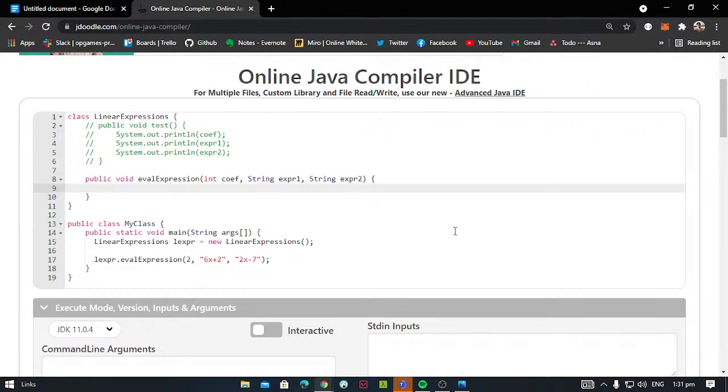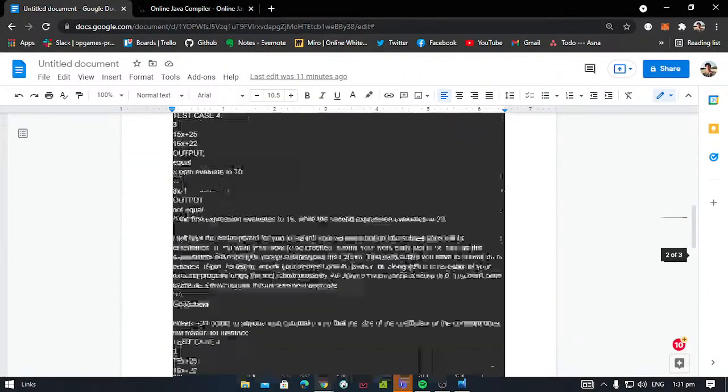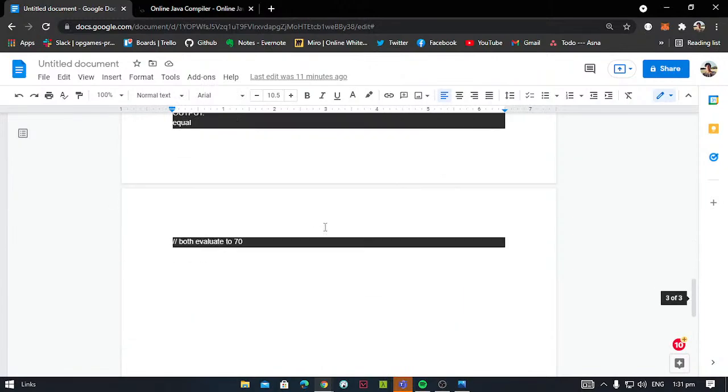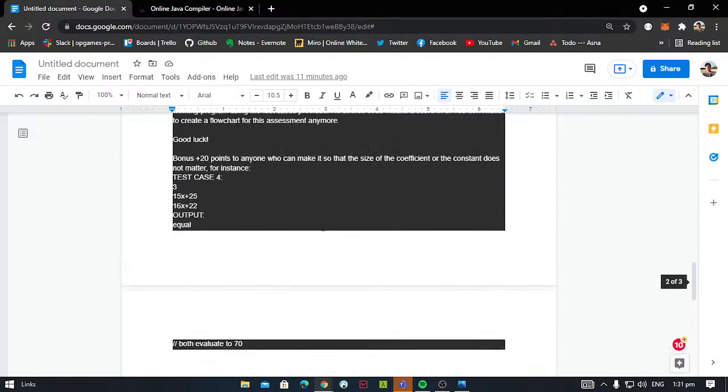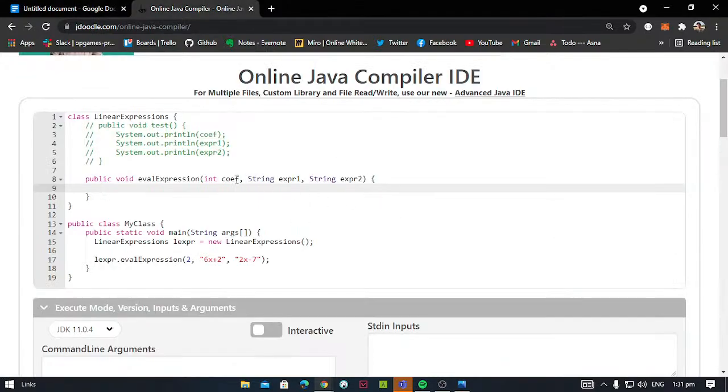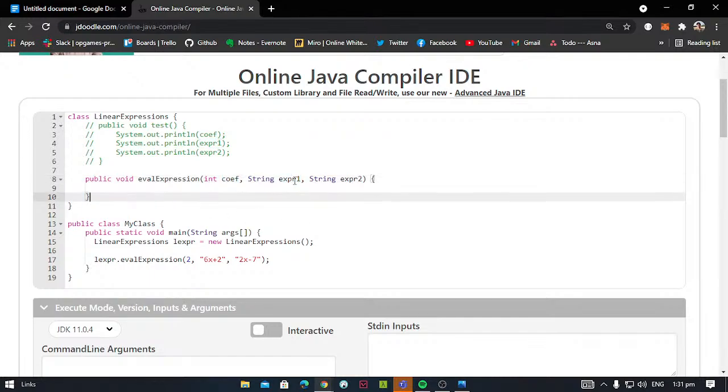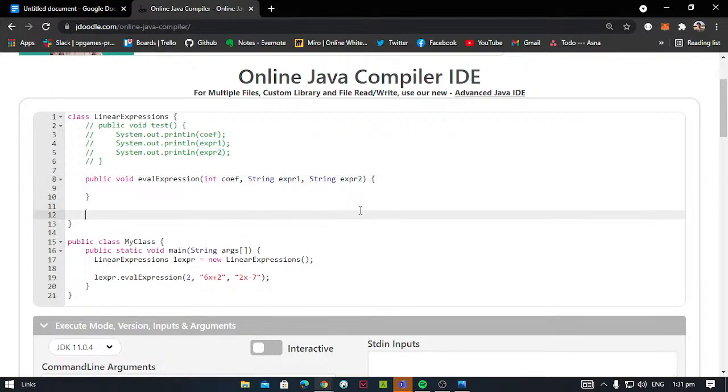Okay, so for the coefficient, what we'll do is the bonus here is plus 20 points. So it does not matter what the coefficient size is, so we won't check it. What we'll check is which expression or operation was used here and here. So let's make a private void